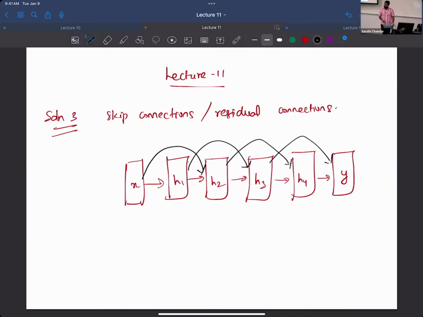We're going to see a few more solutions. You need to put together all these solutions so that together they reduce the effect of vanishing gradient, and you can better train the model. Is that clear? Any questions about skip connections? Okay, so the next solution